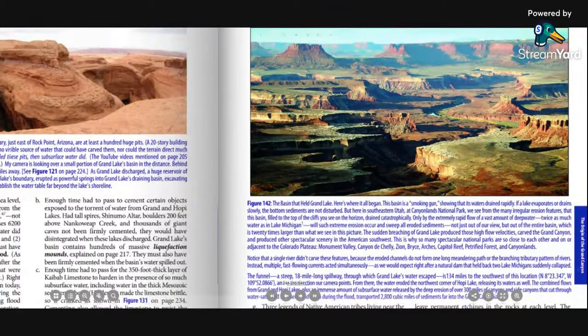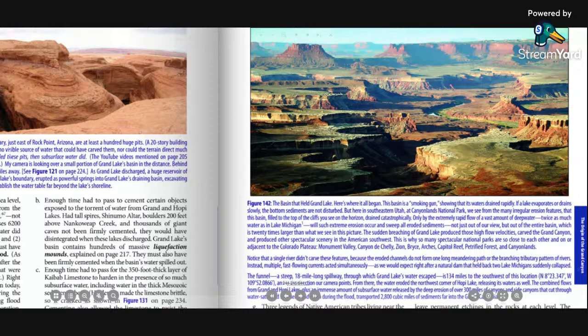The basin that held Grand Lake. Here's where it all began. This basin is a smoking gun, showing that its waters drained rapidly. If a lake evaporates or drains slowly, the bottom sediments are not disturbed. But here in southeastern Utah at Canyonlands National Park, we see from the many irregular erosion features that this basin, filled to the top of the cliffs you see on the horizon, drained catastrophically, only